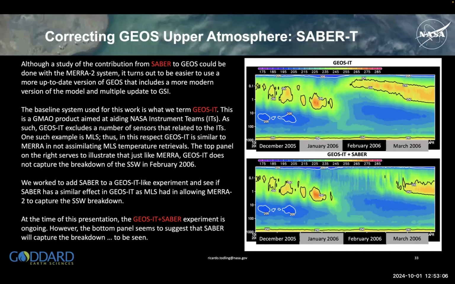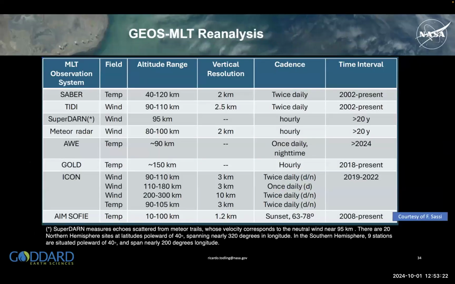And sure enough, we do. That's what the bottom figure shows. So with GEOS IT plus SABRE, you can see a delay or breakdown of the circulation there. So ultimately, our goal, with this MLT type exercise,